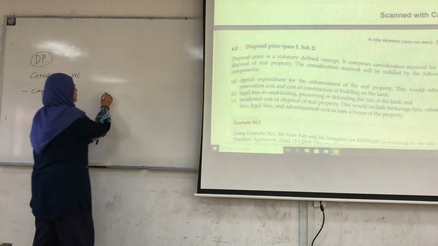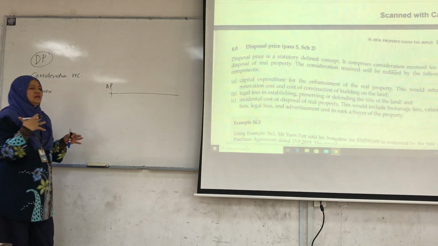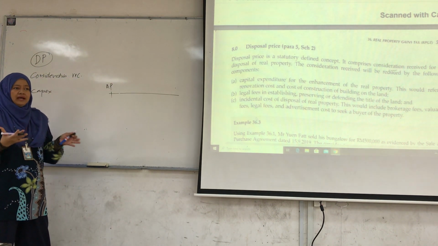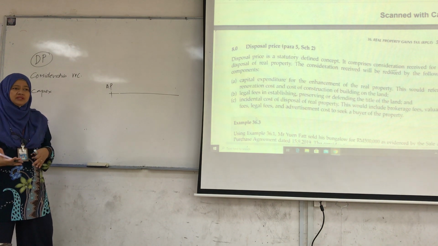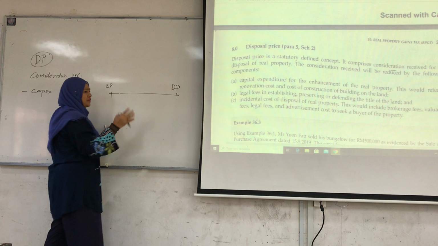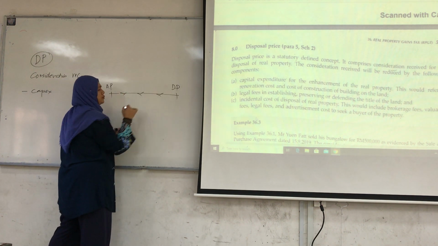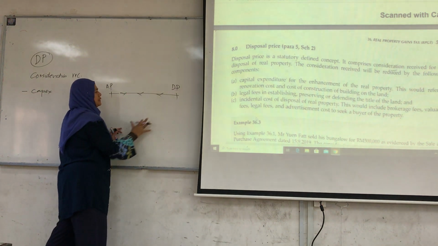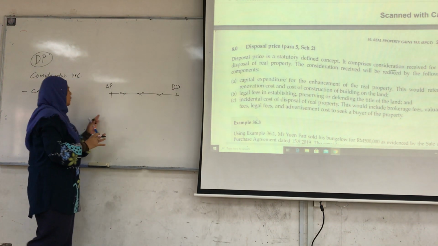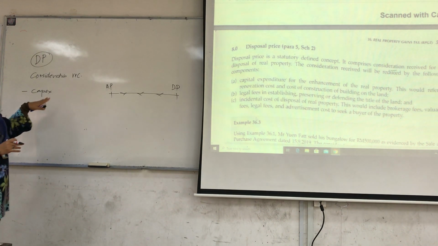So it means that when you first purchase, maybe you just purchase a single house, for example, at least you have to do some renovation. So whenever you dispose, the renovation could be done many times. It could be here, it could be here, it could be here. So all this capital expenditure that you incurred will be part of your capex. So it's a deduction. Number two is that